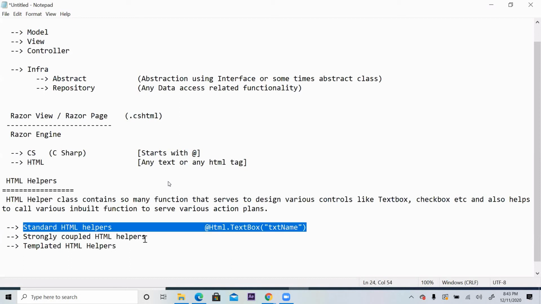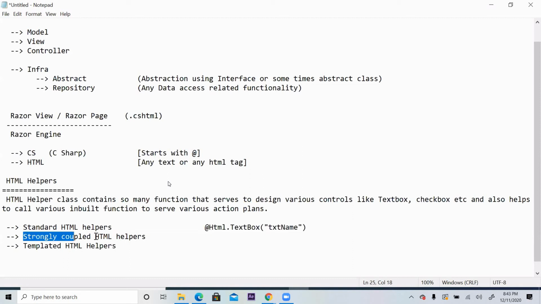When you are strongly coupled, meaning strongly related, with the model data, then it is called a strongly coupled HTML helper. See, same text box, if I do it like this, @Html.TextBoxFor, for will be added at the last.